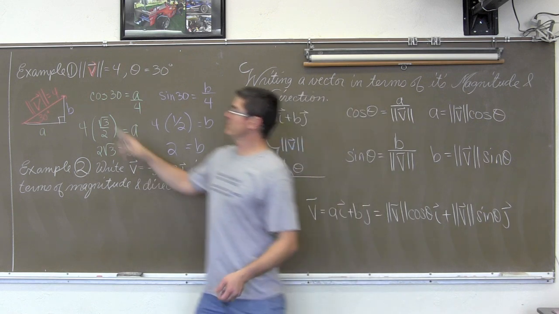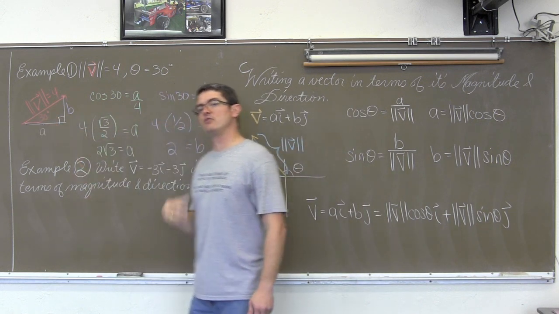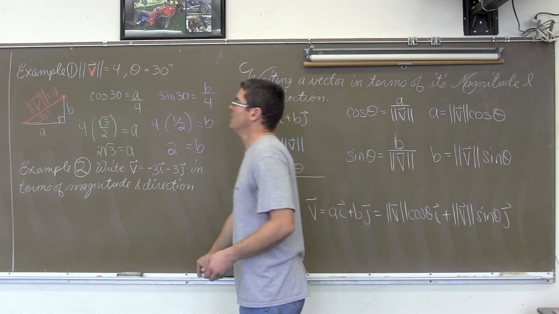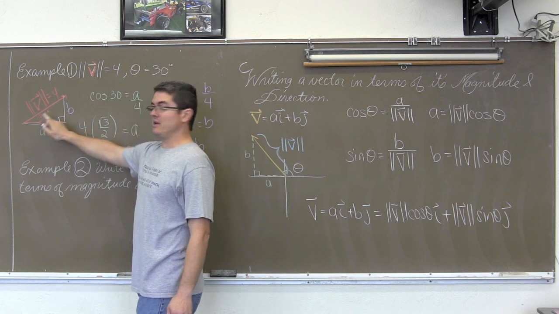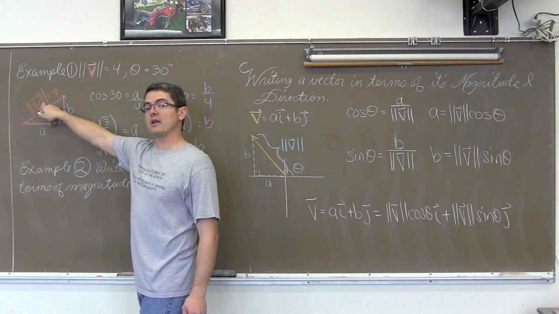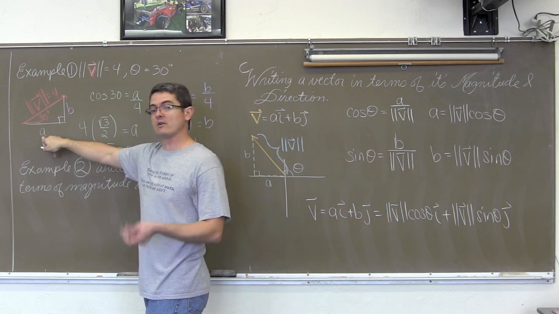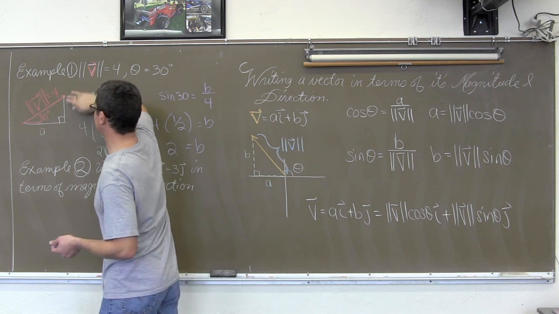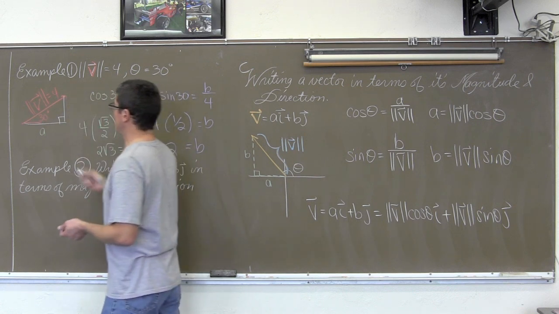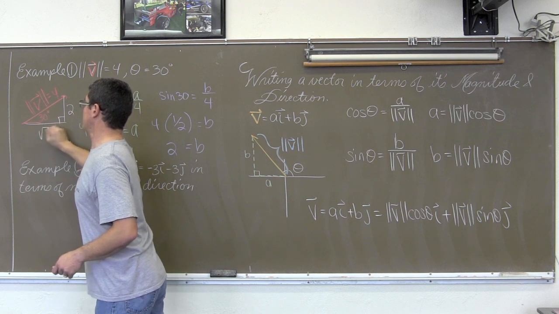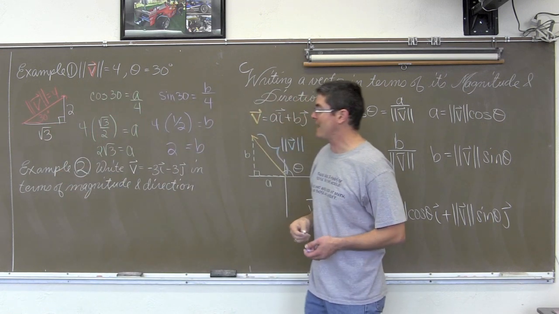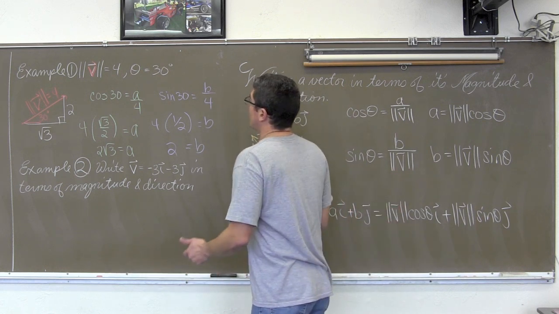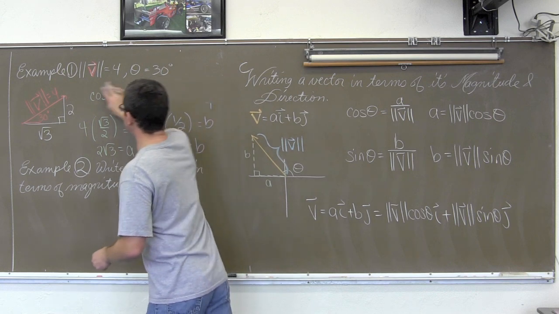Now, you might also note that I've drawn a 30-60 triangle, and if you remember your ratios of a 30-60 triangle, they are what make up the unit circle after all. The side opposite 30 is 1, the hypotenuse is twice as long, and the side opposite 60 is square root of 3, so 1, 2, square root of 3, or x, 2x, x square root of 3. So we could have just simply said, from our knowledge of special triangles, that this side is 2 and this side is square root of 3. And honestly, we could have answered this question without even using trig functions, but the point is to show you how all this works.